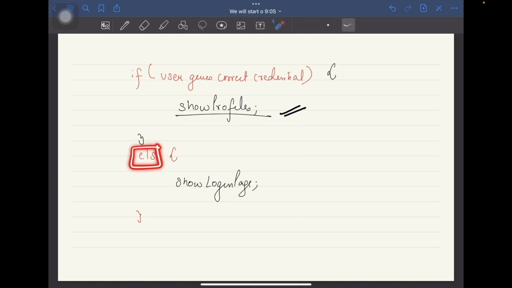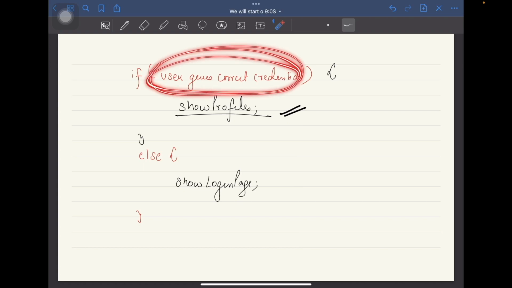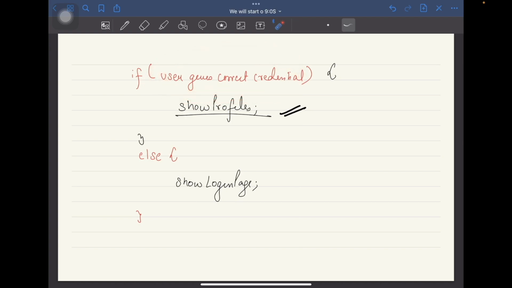So again similar thing happens. You just write the else keyword followed by a pair of curly braces. Inside these curly braces you actually create a block. This is the block of else, right? In block of else we can have multiple statements. This condition will decide whether you want to actually execute the block of if or the block of else. So what will happen is, if let's say you have cout start, and let's say cout end,